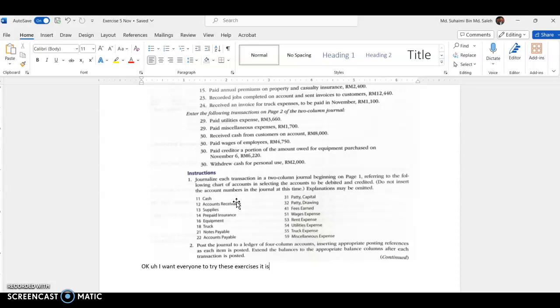So we have to record the revenue. So debit accounts receivable, because we haven't got any money yet. Debit accounts receivable, and credit fees earned, and the amount is